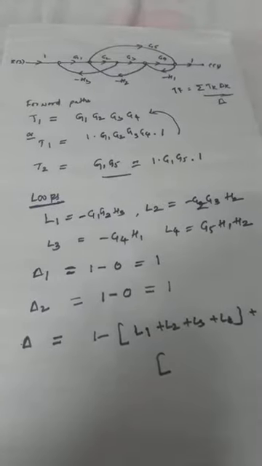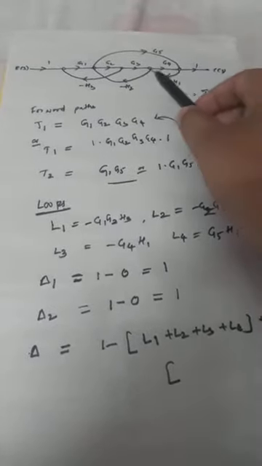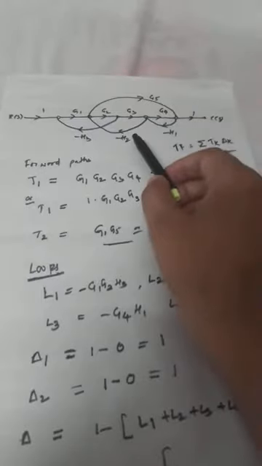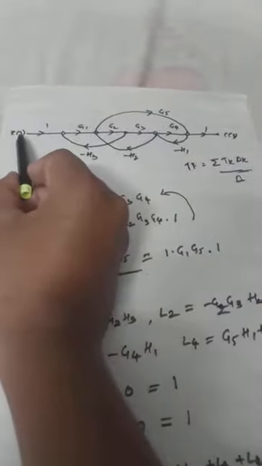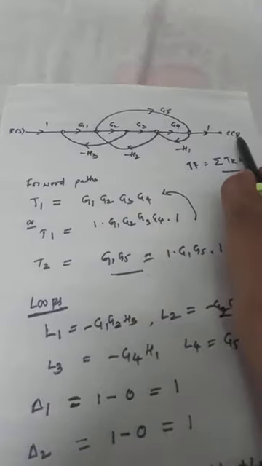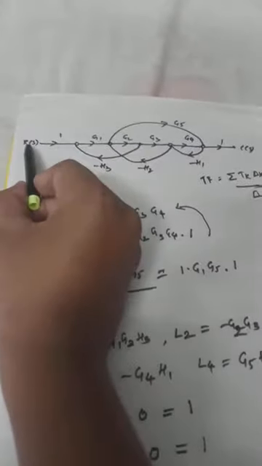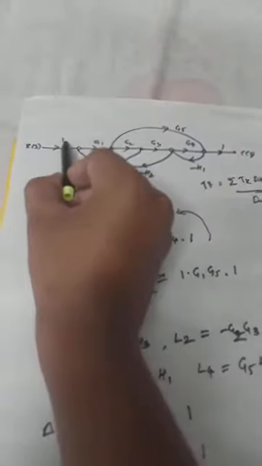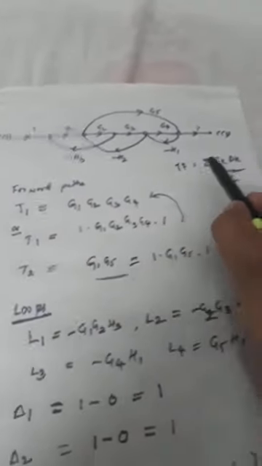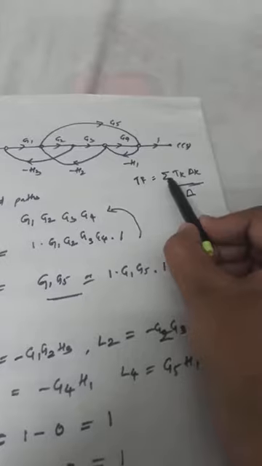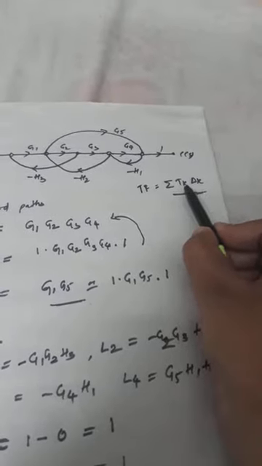Good evening, students. We'll consider this signal flow graph to find the transfer function by using Mason's gain formula, starting from this node and ending at this node. Here, these two nodes are considered dummy nodes because they are extra nodes with a gain of 1. Mason's gain formula says the transfer function is equal to the algebraic sum of Tk delta k